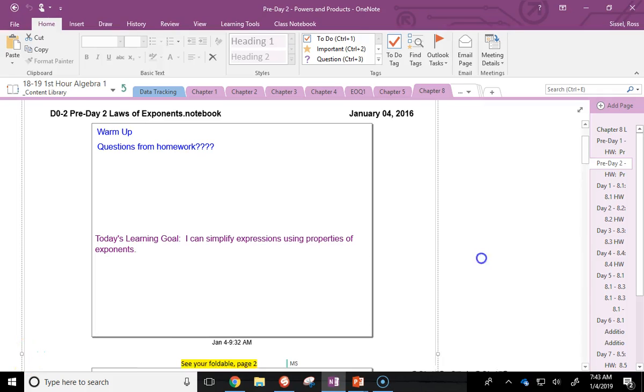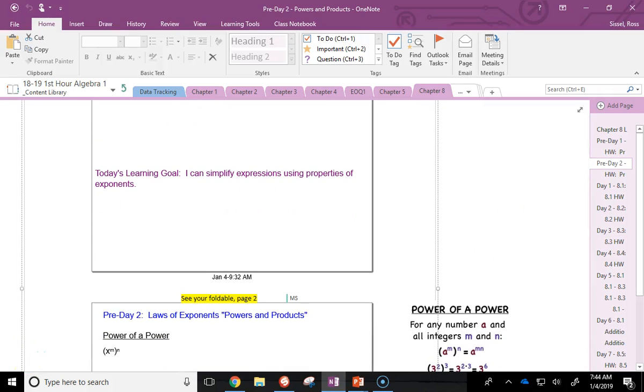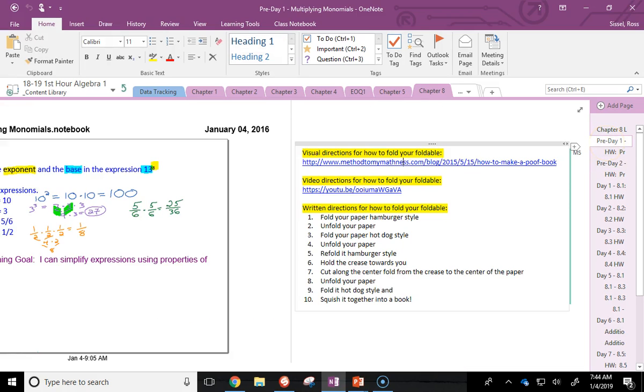Alright, so today we are going to simplify expressions using properties of exponents. Today's is a little bit different. I keep having to look at this to make sure we do it right. Yesterday,